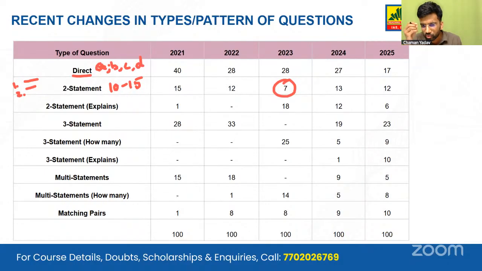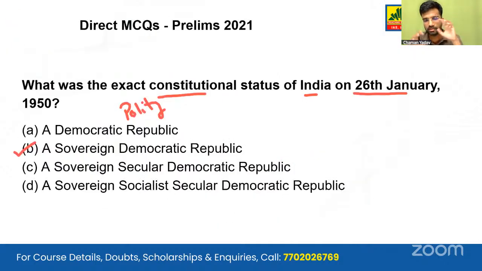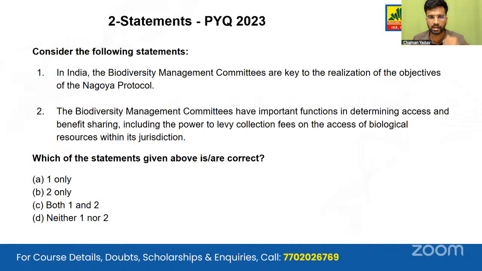Then in the past 2 or 3 years, what UPSC has started doing is they give two statements, statement one, statement two. But it doesn't ask whether statement one is correct or whether statement two is correct. It goes a step forward and asks whether statement two is giving the correct explanation to statement one. So taking a look at examples of both these types of questions, we had this question in